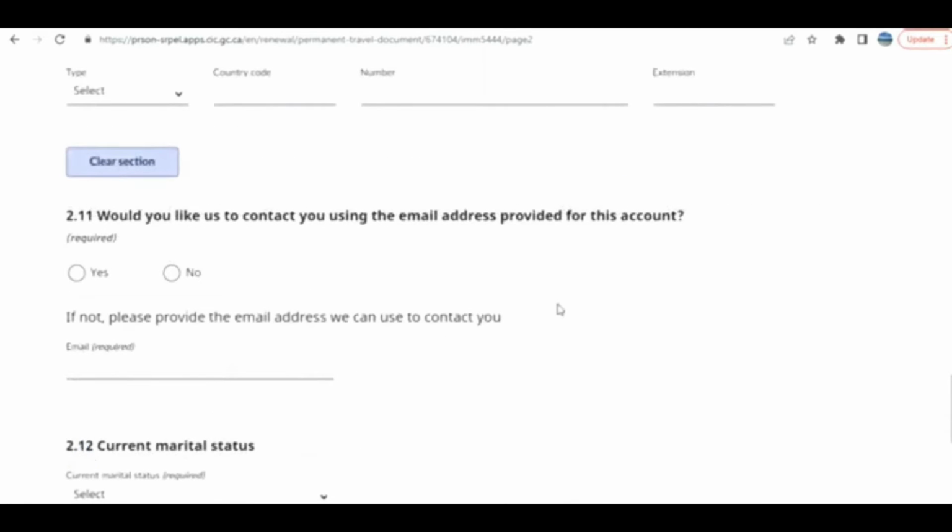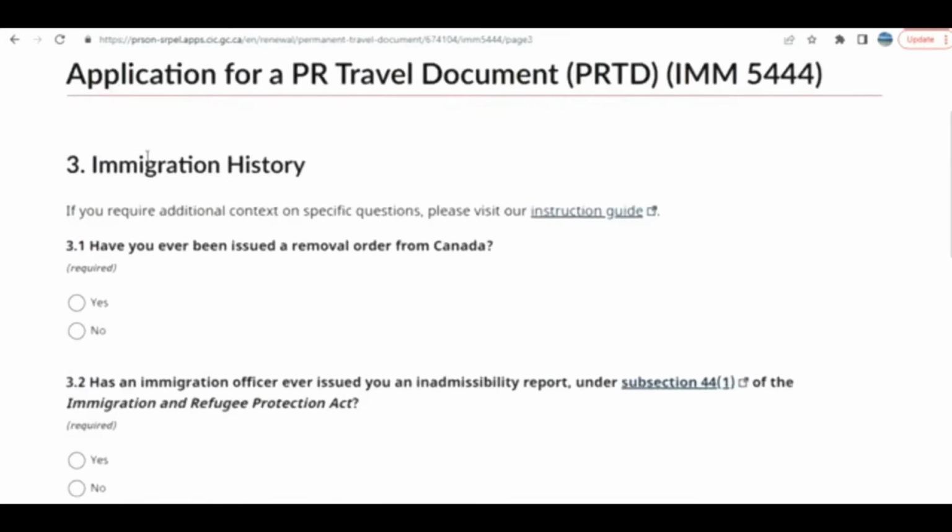Would you like to contact us via email address? So you provide an email address if you want them to contact you for the passport submission if your PRTD application is approved. Then next step is